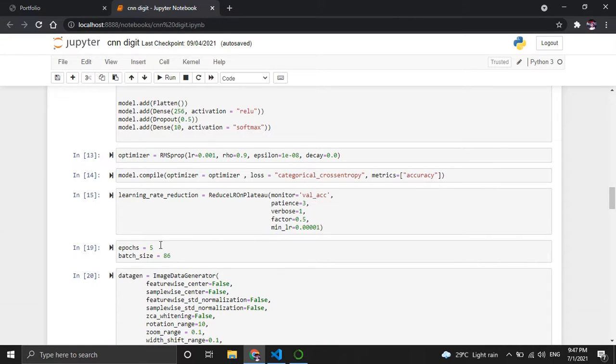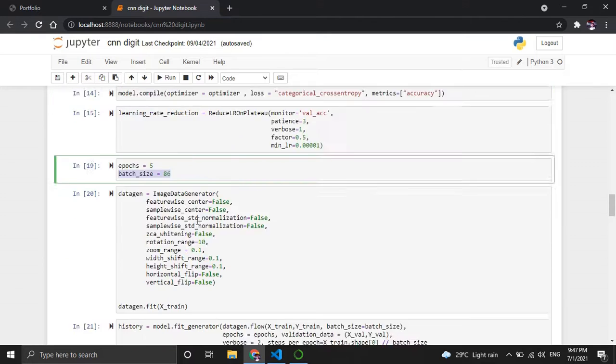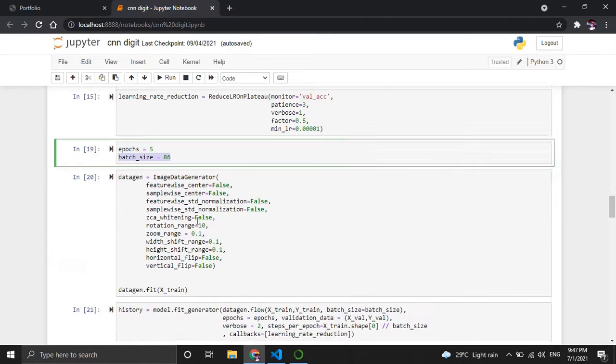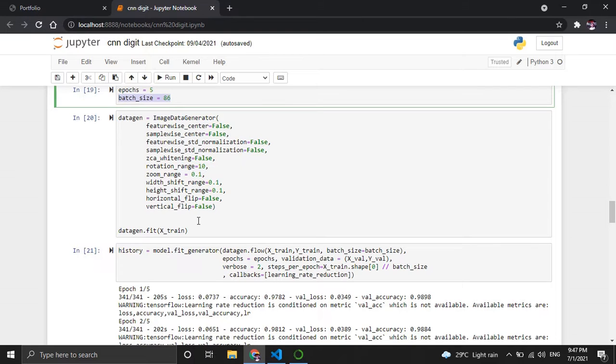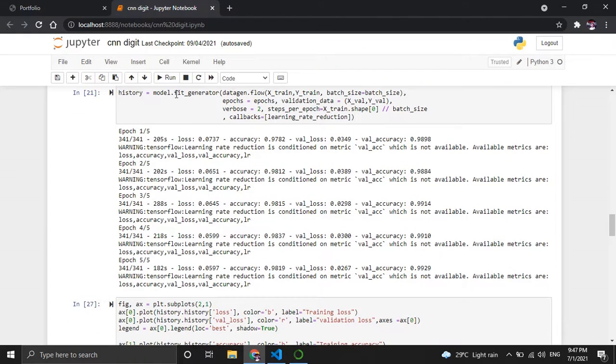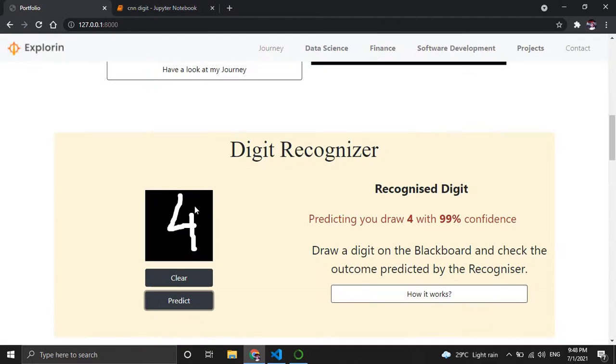We have taken 5 epochs and the batch size is 86. So it is going to repeatedly work on it, and then we see that it is training our model. For increasing the accuracy we can also increase the number of epochs, which can further increase the accuracy of our prediction.